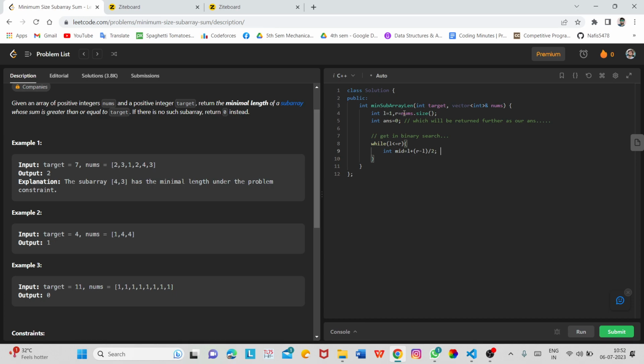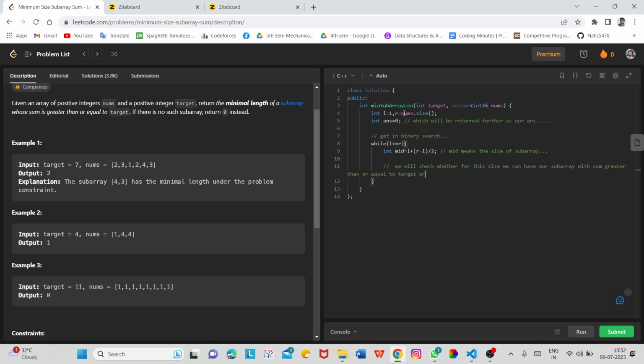So what is the meaning of this mid? Mid means the size of subarray. So this is the size of subarray, and we will check whether for this size we can have our subarray with sum greater than or equal to target or not.